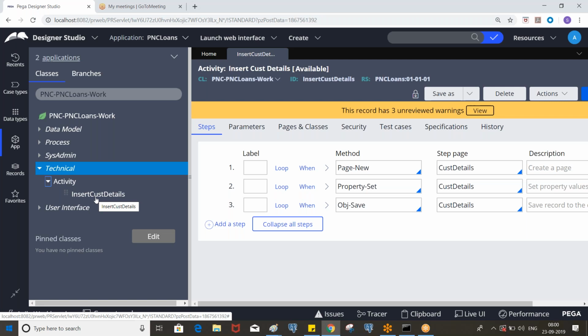Rule-Obj-Property, Rule-Obj-Flow-Action, and Rule-Obj-Flow all start with Rule-, so Rule- is also a class, like Work-, Data-, and Index-. In the documents I shared in the first week, you can find all the top-level classes.